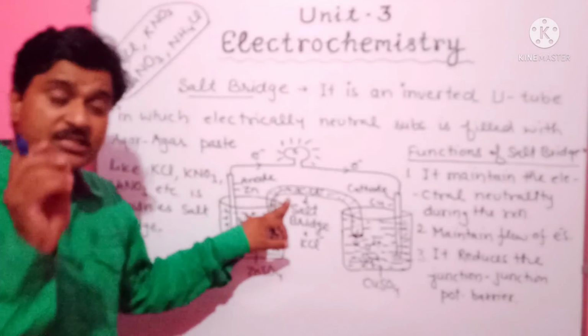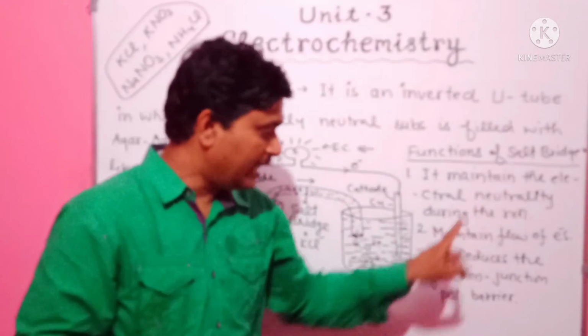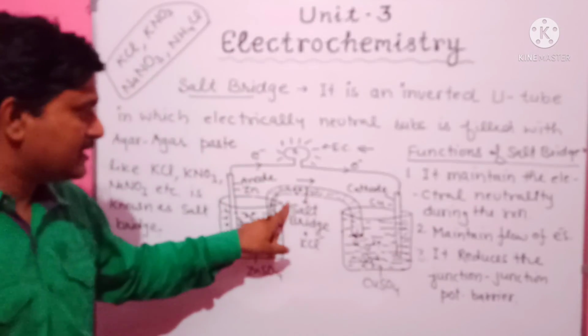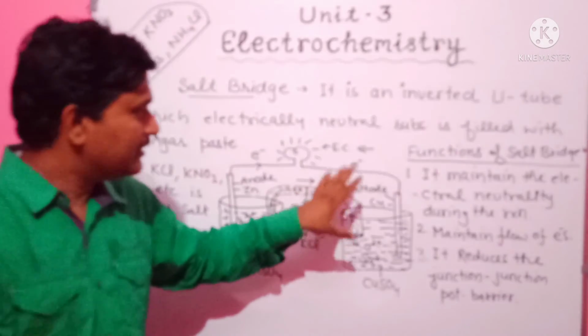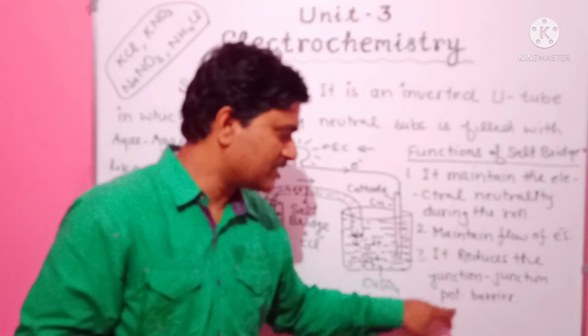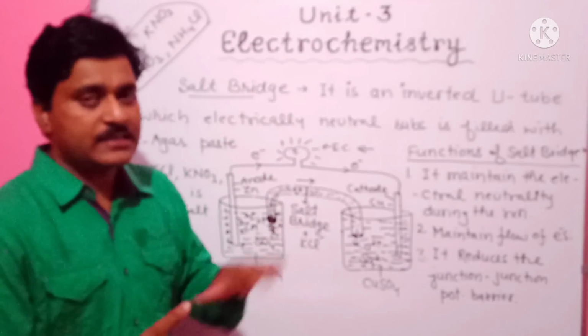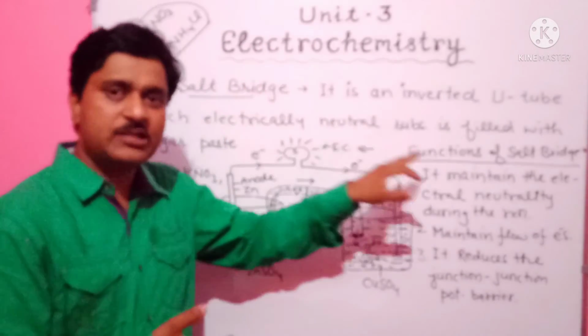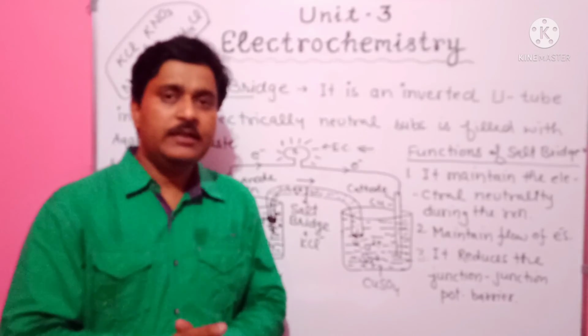If we add a salt bridge to the galvanic cell, then it removes or reduces the junction potential barrier. After discussing the definition and functions of the salt bridge, in the end,